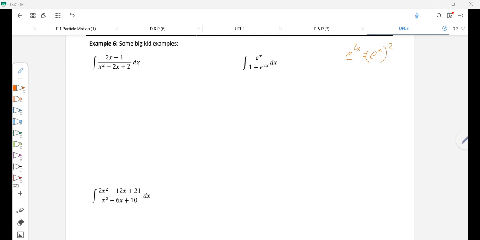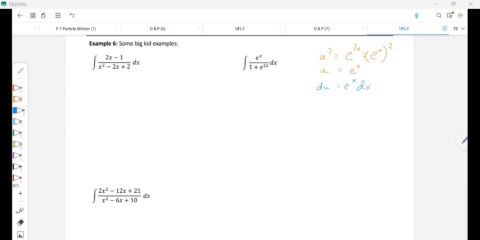A power to a power, just multiply those 2 powers. So you make your U squared equal to that, which makes your U just e to the x, because you take the square root of it, which makes your du, in a different color, e to the x